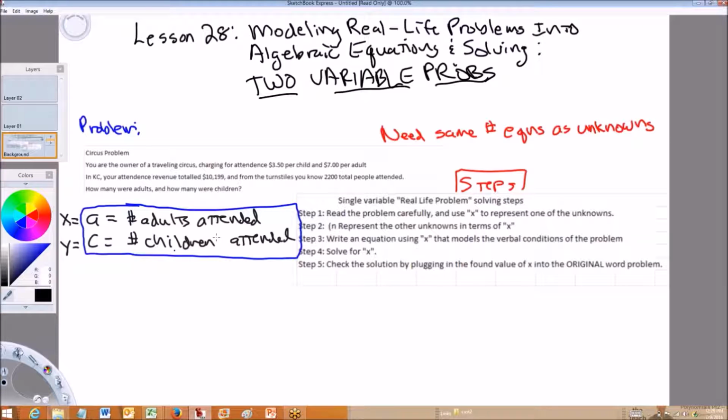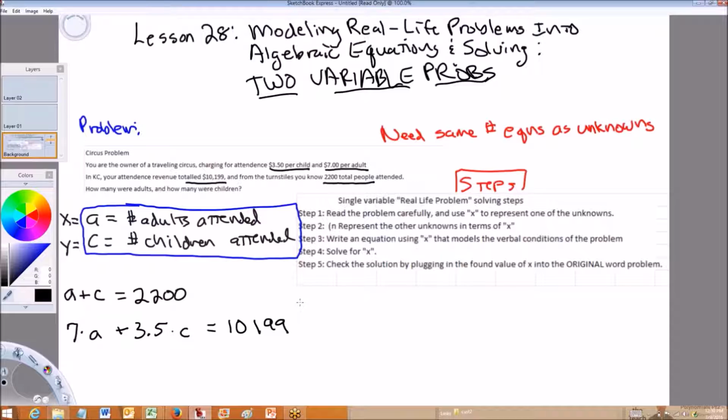Okay, so our first equation, we know there were a total of 2,200 people. So that includes the adults and the children. So our first equation is A plus C, adults plus the number of children, equals 2,200. Second equation stems from this known here. Total revenue from attendance was $10,199, and we charge $7 for each adult and $3.50 for each child. So to rewrite that, we could say $7 per adult times the number of adults plus $3.50 per child times the number of children equals